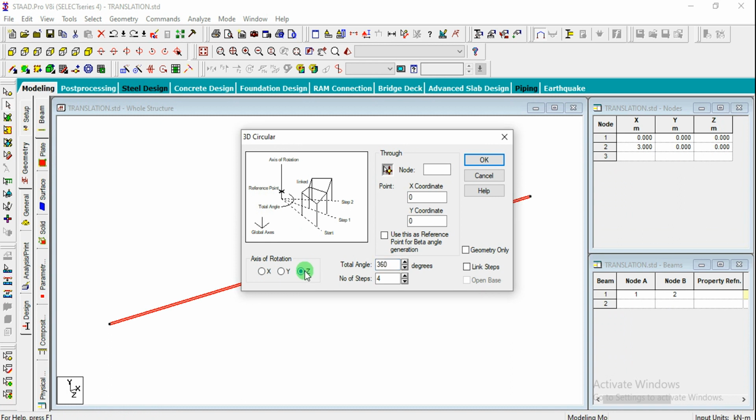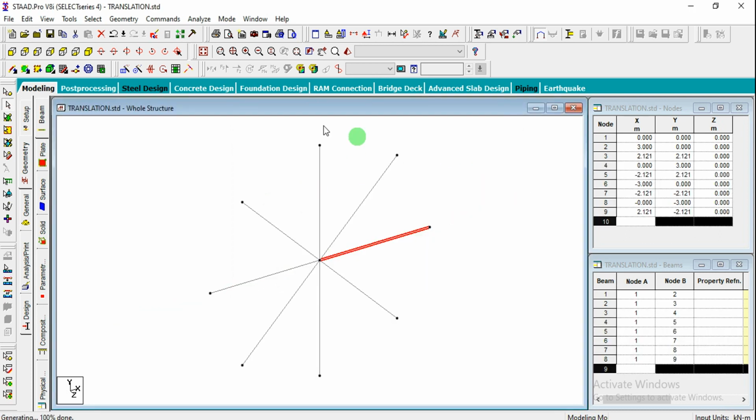So if you are keeping Z axis, you can get that circular repeat in the front direction. For example, if I am giving 8, and let us give the node number 1 there and OK. Like this it will be rotated in Z direction with respect to Z axis. That is, Z axis is like this and the total members have been rotated along the Z direction. Okay, this is one procedure, and in these two procedures I didn't get any link there. I didn't provide any link between the beams.